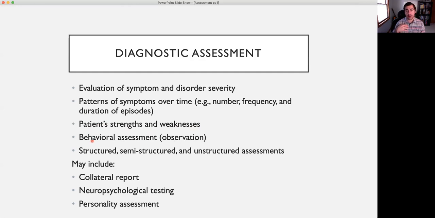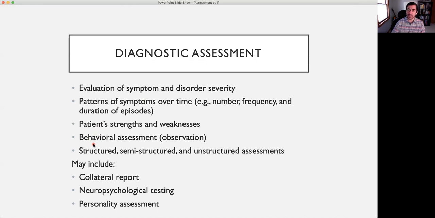It's really standard practice to include some sort of observation, even with telehealth, even if we're doing it over the web. We need some sort of observation. We need to see the client and make some notes about their mental status, what we observe in terms of their mental status. But we may also do more in-depth behavioral assessment, either related to their problems or have them do some self-monitoring for their problems, things like that.